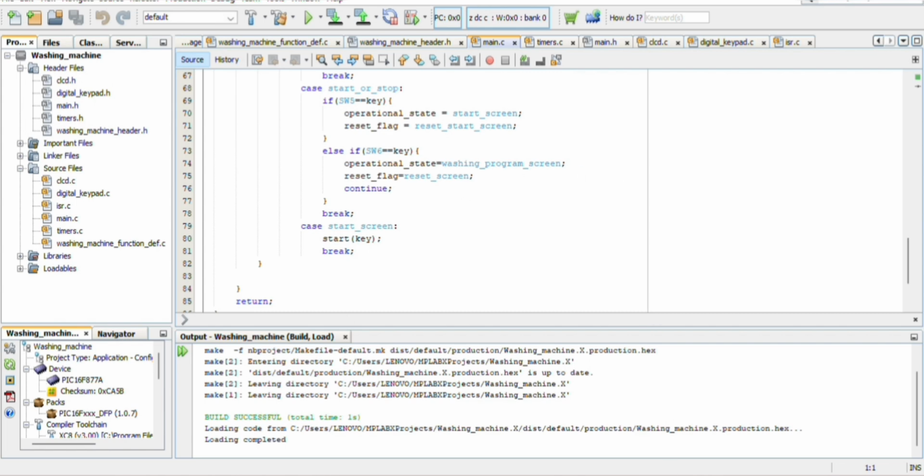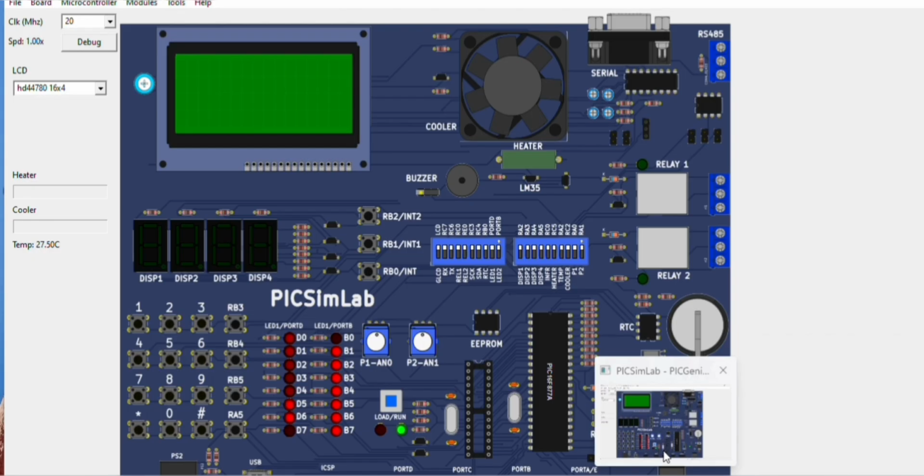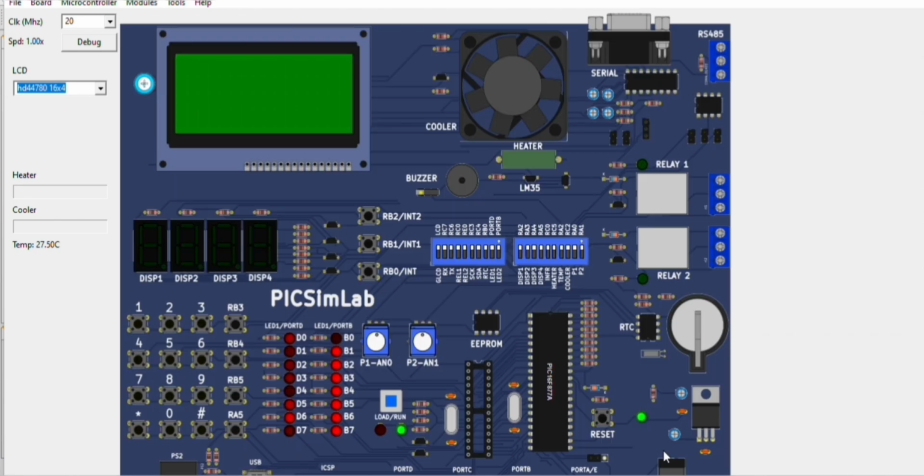Later we have to go to PICSimLab. PICSimLab contains LCD. There are two types, 16x4 and 16x2. We are using the 16x4 LCD. It contains a matrix keyboard, LCDs. Here it is, buzzer,